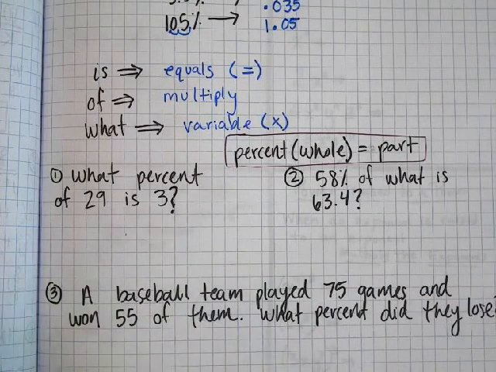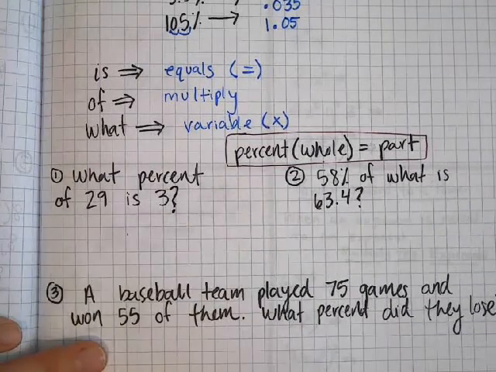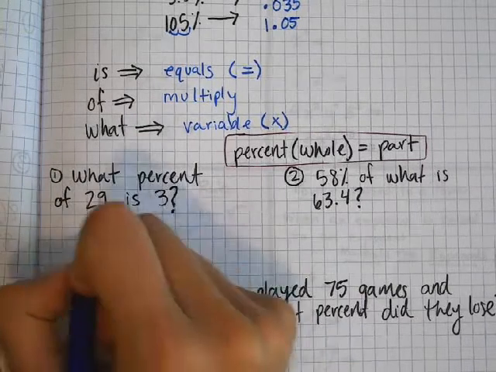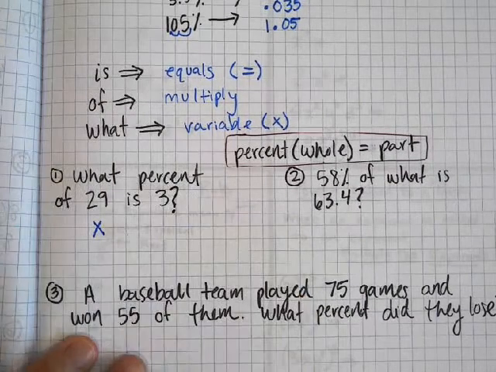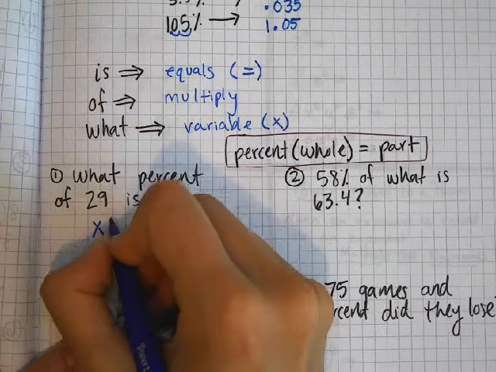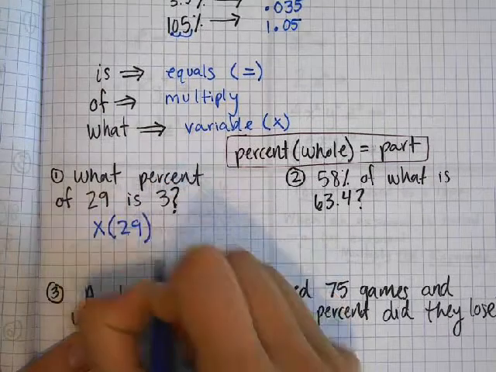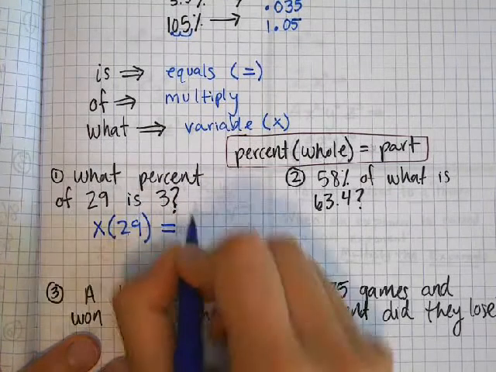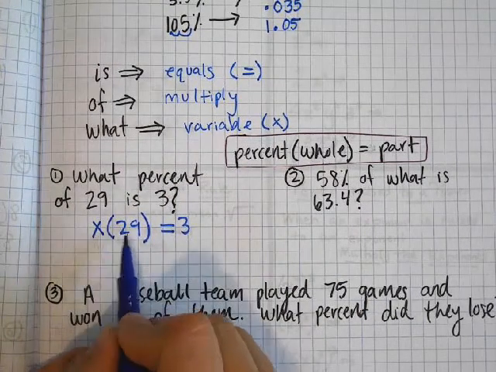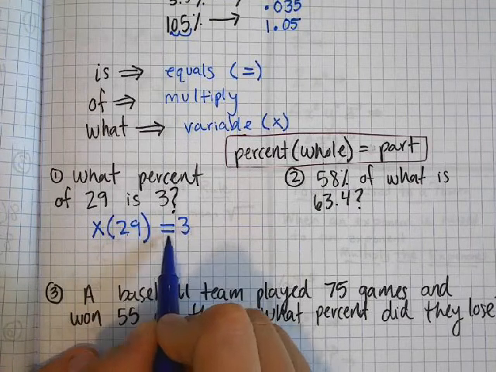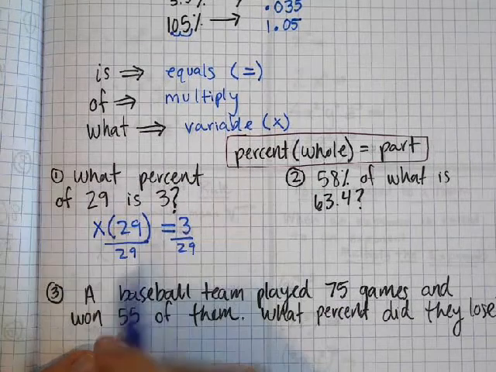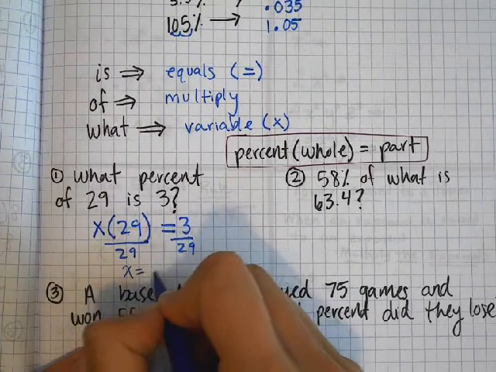Okay, so the first one, what percent of 29 is 3? Well, let's go ahead and translate this straight from words to our equation. So what percent, x, I don't know, "what" means the variable, "of" 29, so times 29, "is", that equals 3. Okay, so what percent of 29 is 3? So now I can divide by 29, okay, and I get x equals